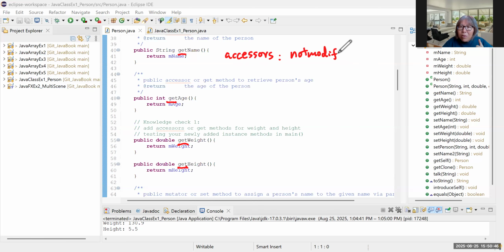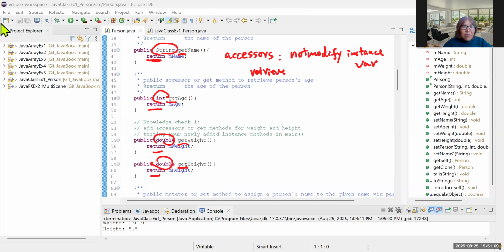So they do not modify instance variables. Okay, but they retrieve their values. To retrieve, they have the return and the corresponding data type. So they have the return statement, return statement, return statement. Okay, but previously,